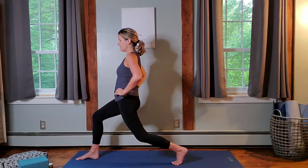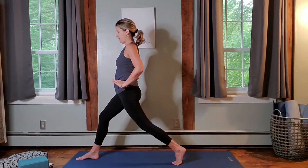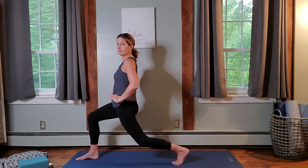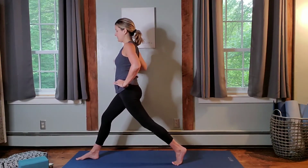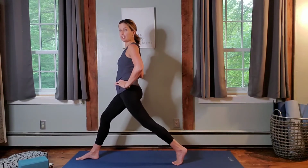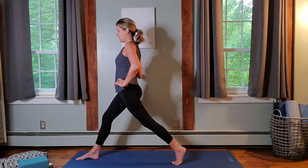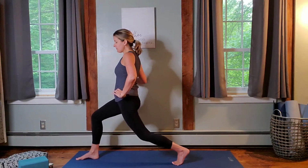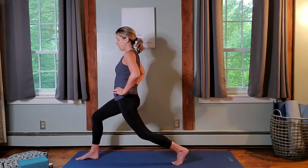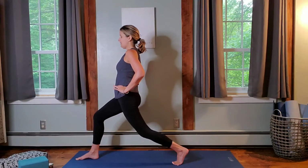So you find what feels good. Does this stretch feel good in a low crescent lunge, or are you feeling better up here? So kind of play around with it. You can even go back and forth for a little extra toning. If you need to hold on to a wall or a chair or a couch, go right ahead and do so, because this pose does require some balance and depending on how your body's feeling today. So you can either do a hold or do some repetitions up and down, your choice. But staying with your breath, expanding your lungs,